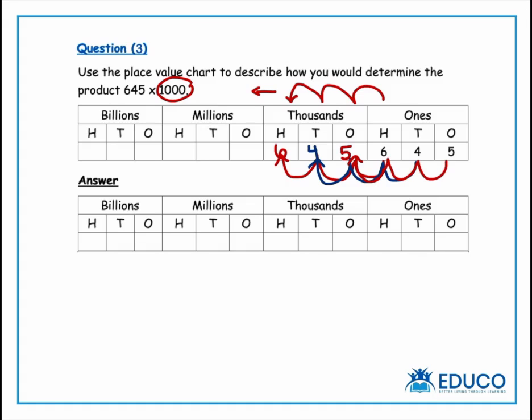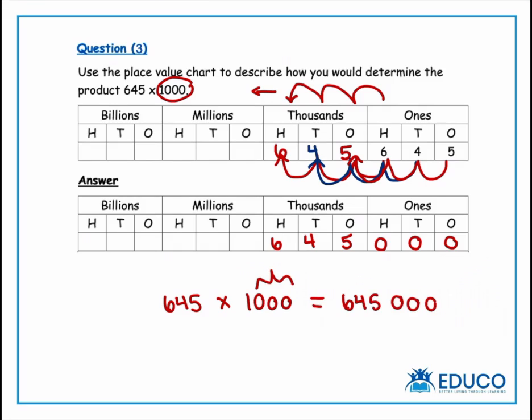Now, when I go to write my final answer, I know I have a 6 in the hundreds column, a 4 in the tens column, and a 5 in the ones column, and now I can add 3 zeros to the end of my number. And this follows the same trick we did last time. So 645 times 1,000 is always going to give you your original number, 645, plus 3 zeros, or in this case,